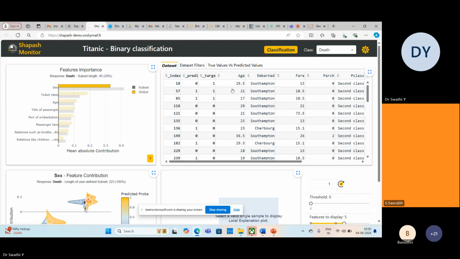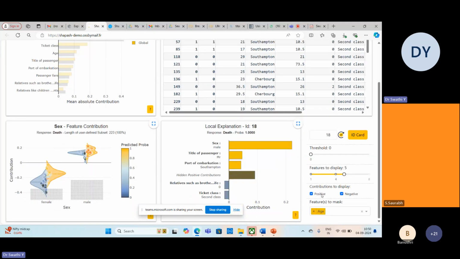If I want to find out the index, you can see here, with respect to the index, the male is having this many numbers, and the Mr. in that, and where they boarded from, and what is the ticket class, all that with respect to this ID 18, you can see this.